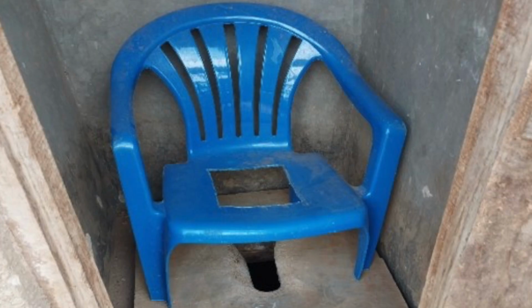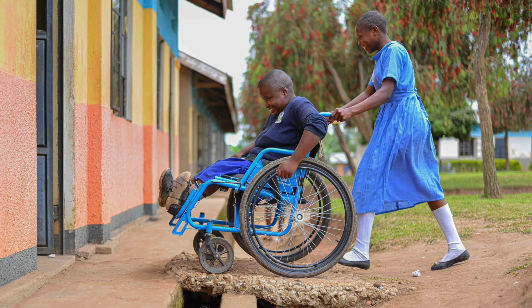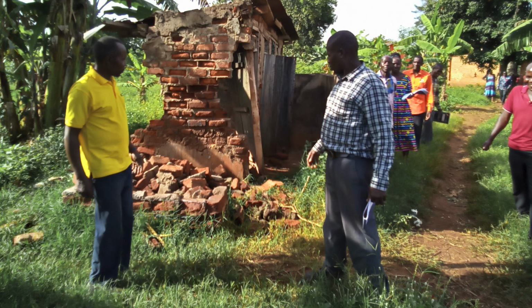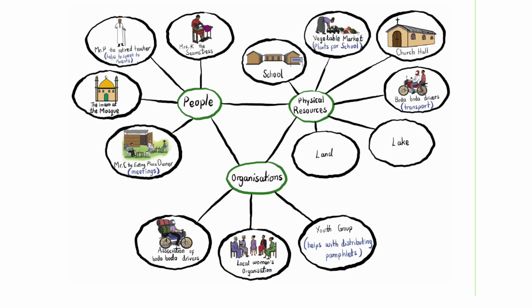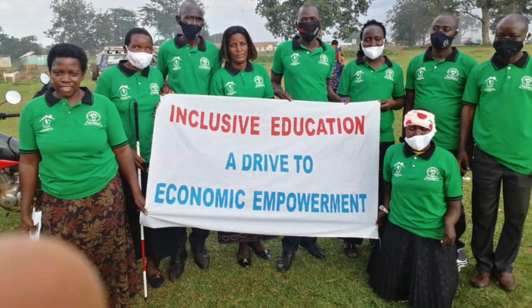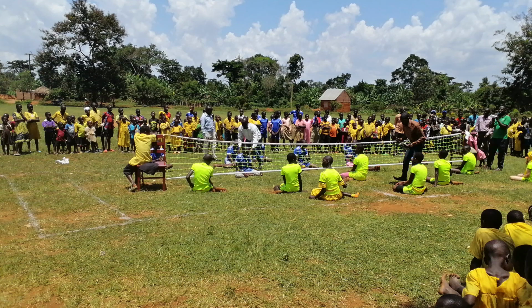For us to continue with inclusive education in our community, the most important thing is collaboration and use of the local available resources. Mainly the reason we are emphasizing this is because of funding. Most times when there are no donations, no funders, projects end. So it is really important to involve the community, to involve the different assets within the community, collaborating with organizations that are working in schools, collaborating with different stakeholders to ensure that we collectively work together to ensure our children with disabilities are in school.